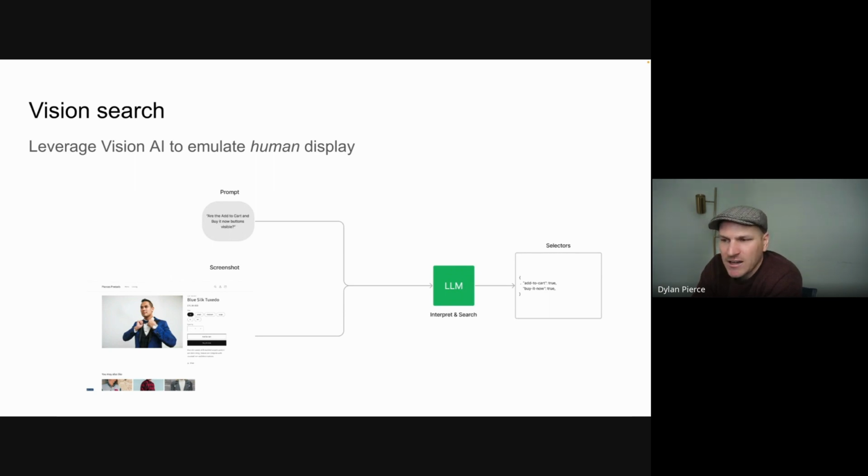Can I find these two buttons? And it would purely only care about the visual screenshot. We have no context of the HTML. We don't care what the HTML is. We only care about what the user sees. So this unlocks what